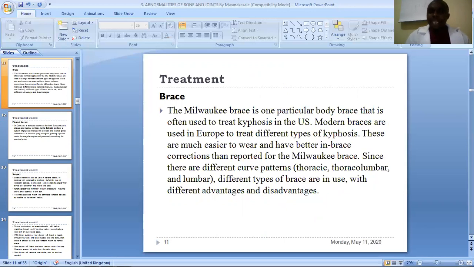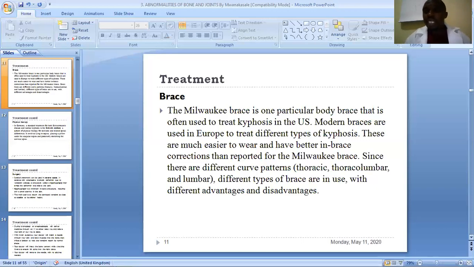The Milwaukee type of brace is one particular body brace that is often used to treat kyphosis, especially in the United States. So modern braces are used, however, in Europe to treat different types of kyphosis. These are much easier to wear and have better in-brace corrections than reported for the Milwaukee brace. So since there are different curve patterns, thoracic or thoracolumbar and lumbar, different types of brace are in use with